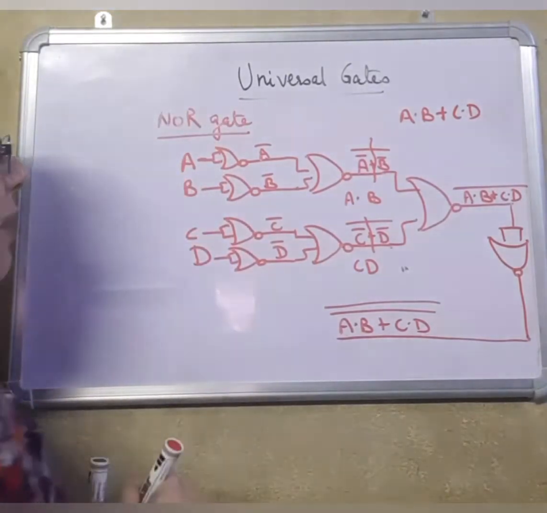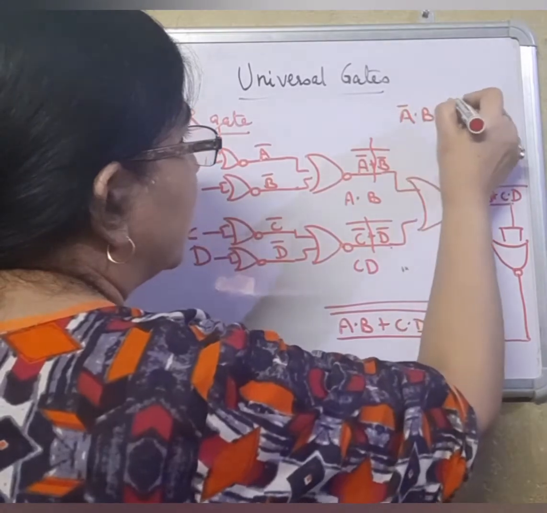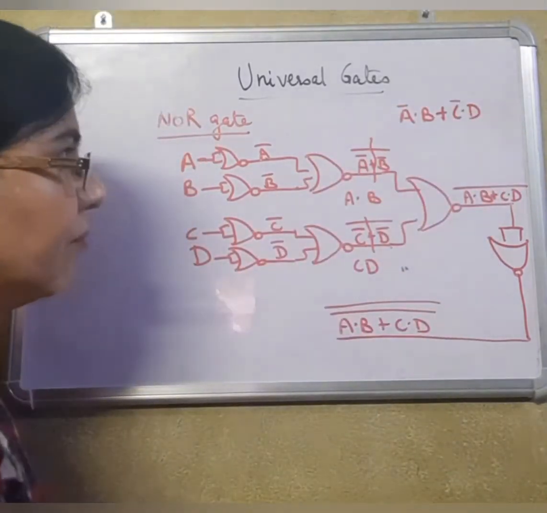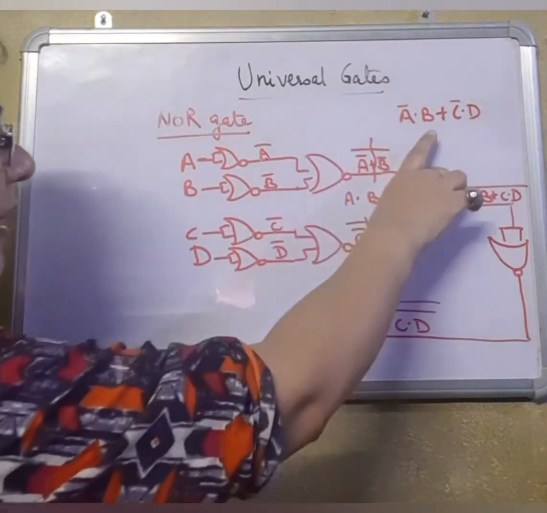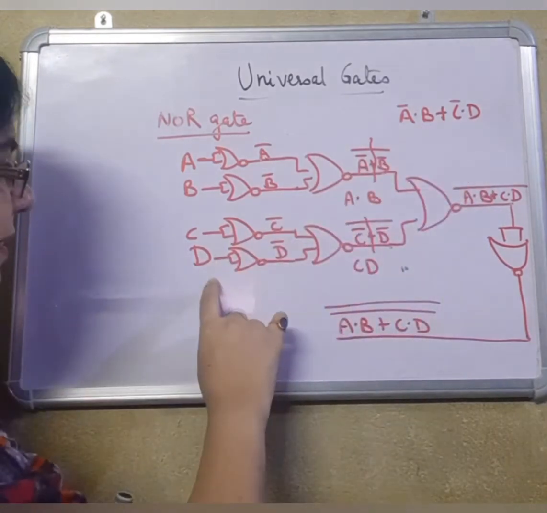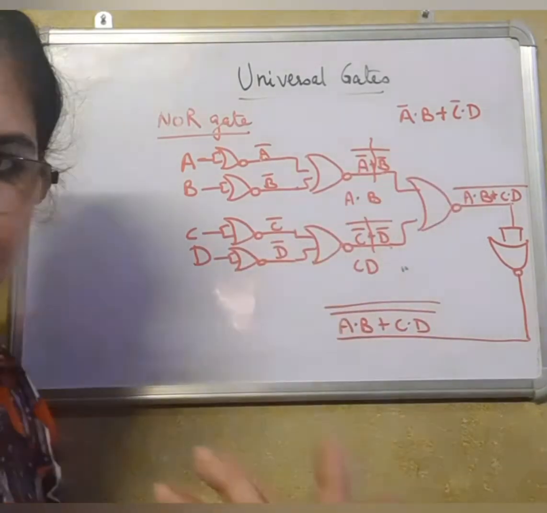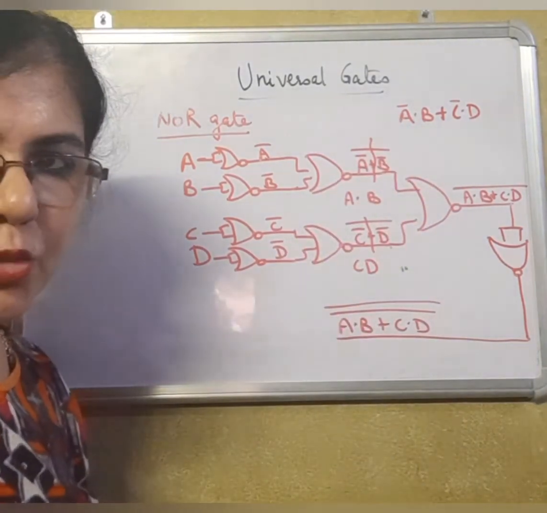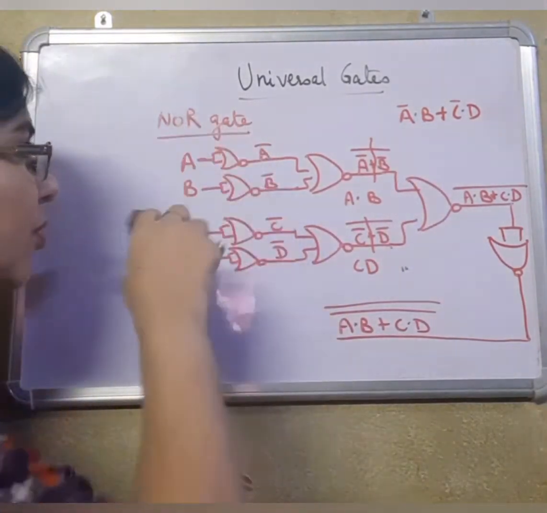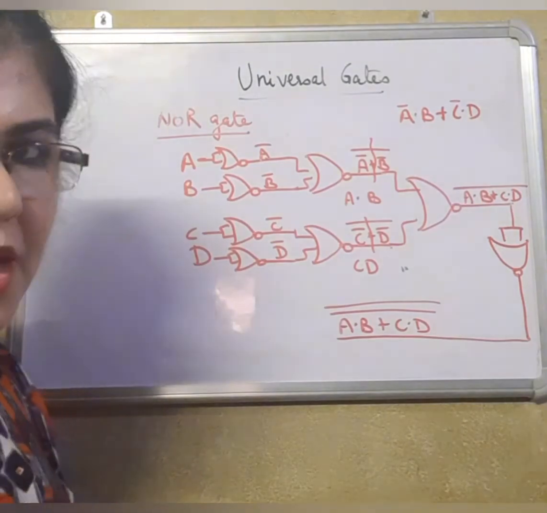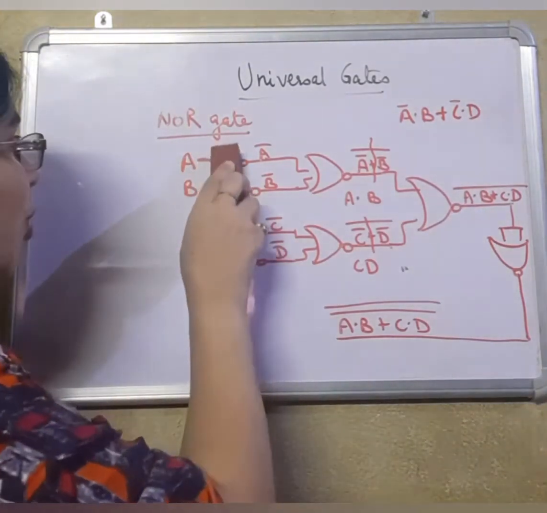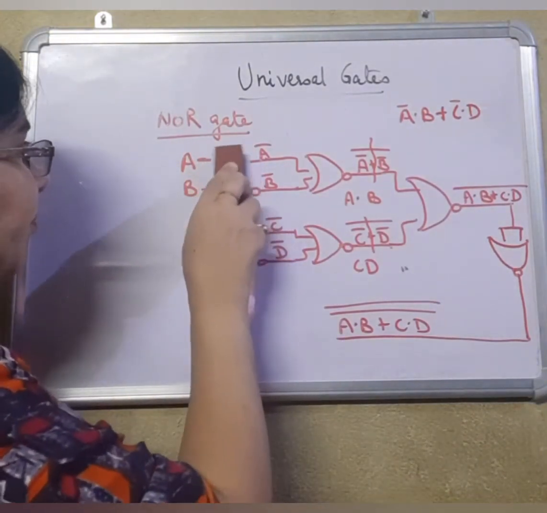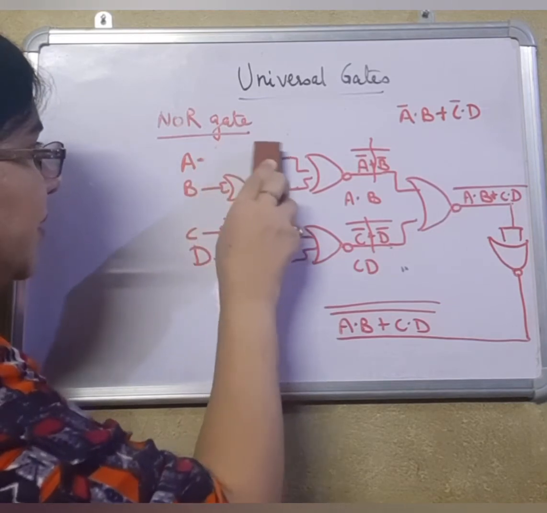Now suppose in the same question a bar is given to you here. Already without bar, B and C are taking extra NOR gates. So if you require bar, people must be thinking they make two NOR gates. Instead of that, do not make anything. Pass it directly.